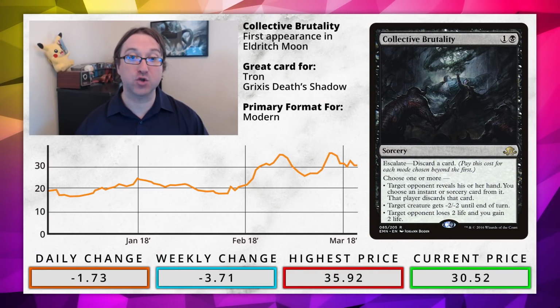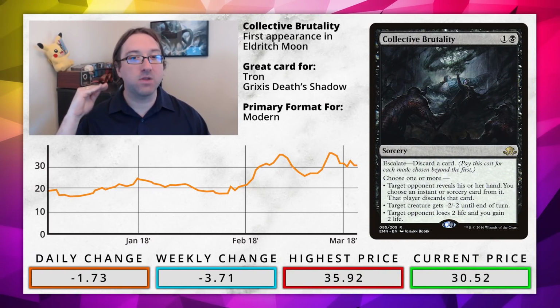Moving on to Modern, where the biggest losers were all cards I covered earlier in the intro. They all dropped in price because they were being reprinted in Masters 25. So let me take a moment here to talk about the card that dropped in value the most this week that wasn't in Masters 25. And it was Collective Brutality, which dropped 4 tickets from 34 down to 30. And this isn't indicative of a bigger trend. Really, it's just the card leveling out after major fluctuations following its stellar performance at the Pro Tour and speculation around the unbannings. It's now really settled in this 30 ticket price mark,